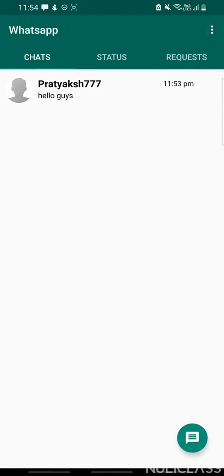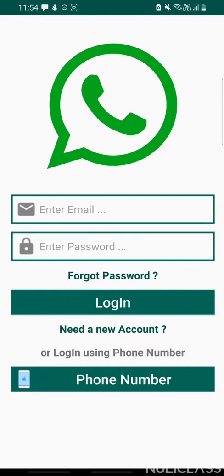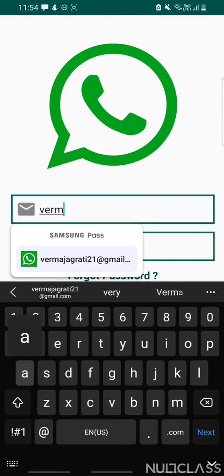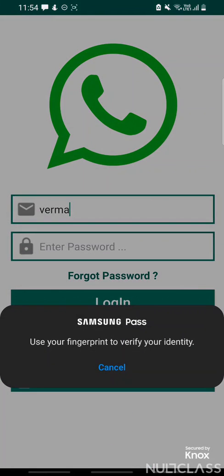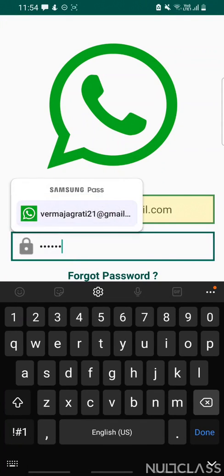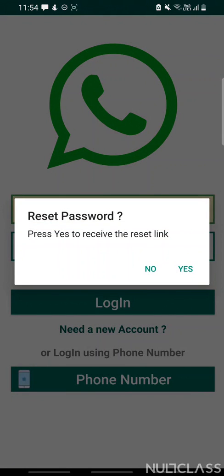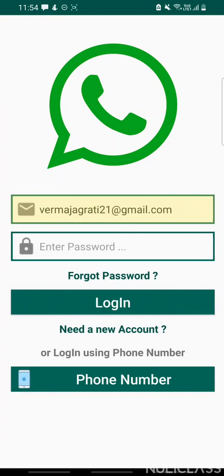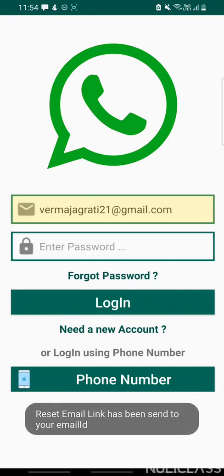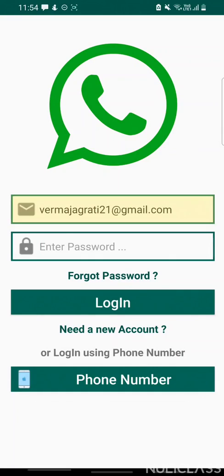Now let us log out from this and let us explore more about the forget password button. So here I am going to type my email ID, and suppose I forget my password, I can click on this forget password, and here we can receive a link in our mail. We can see you have received a reset link in your mail.